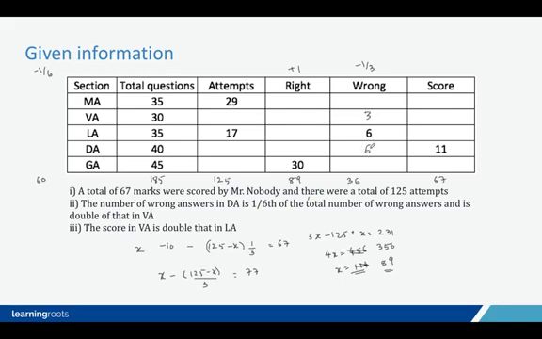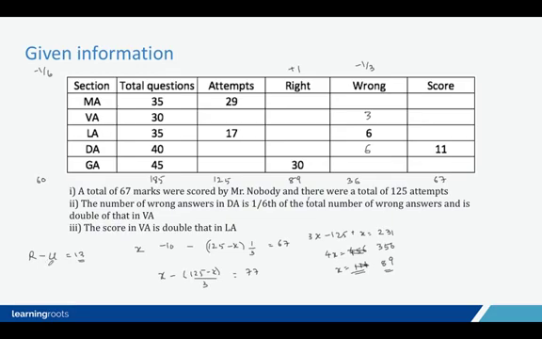So in this case, if you look at it, the number of wrong answers is 6. And so he would have definitely lost 2 marks because of that. So I can say that because of right attempts minus marks lost because of unattempted questions, he would have scored 13 marks because he has lost 2 marks because of wrong answers and total score is 11. So if these were not wrong, then he would have got 13 marks. So right minus unattempted will yield him 13 marks.